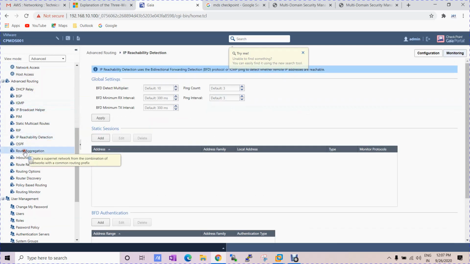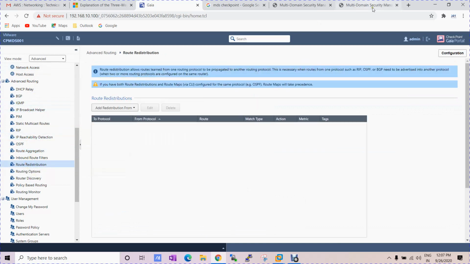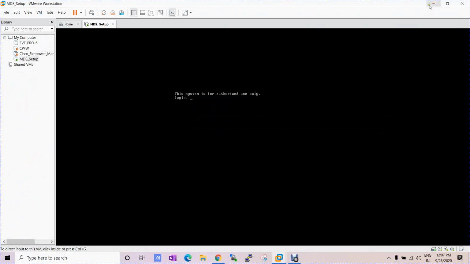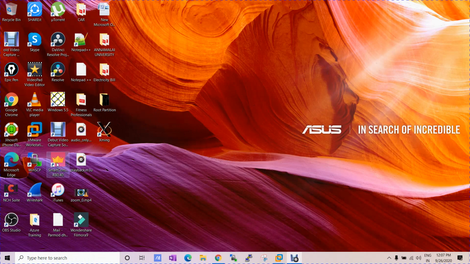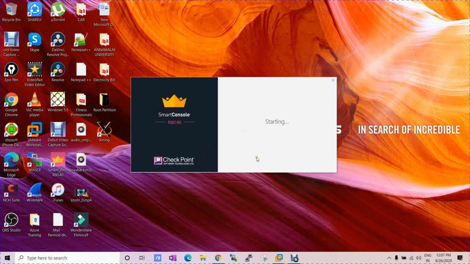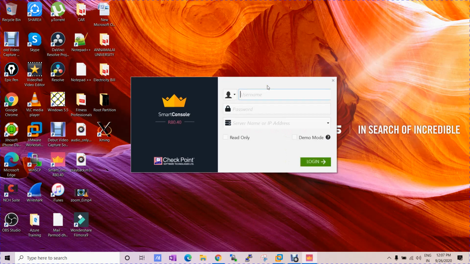Approximately all settings are similar, but I will show in the smart dashboard. So I have this smart console. Username is admin. Password I need to mention here, and my IP address is 192.168.10.100. So let me click enter.